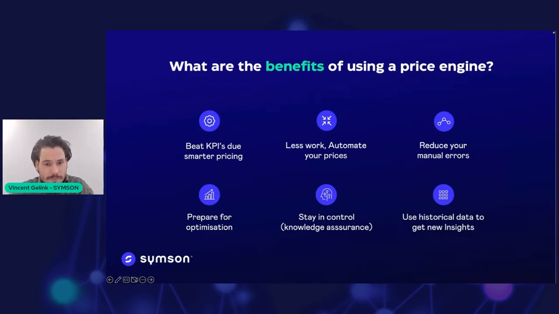You can stay in control by knowledge assurance. If you build price strategies within a pricing engine, that really helps you to store knowledge about price strategies within the system. So if someone leaves the organization, those strategies will still be in the system, and someone can analyze them and see how categories were combined into that specific strategy. And because they're dynamic, if something changes, they will always keep running. But it also is easy to transfer that knowledge to the next person in line.